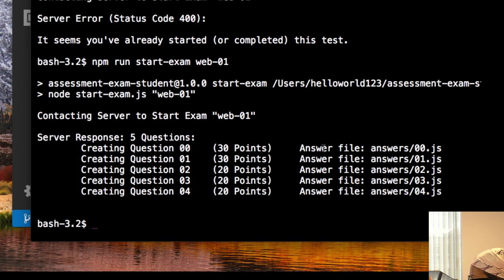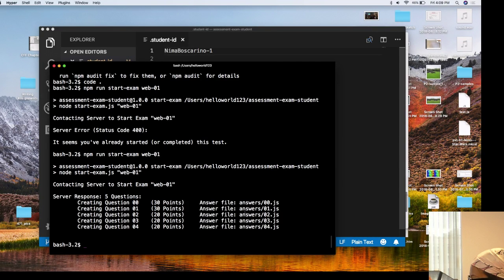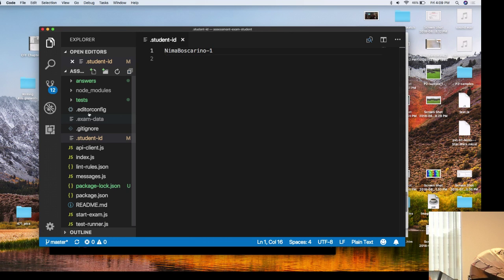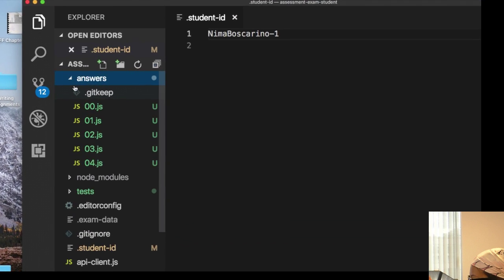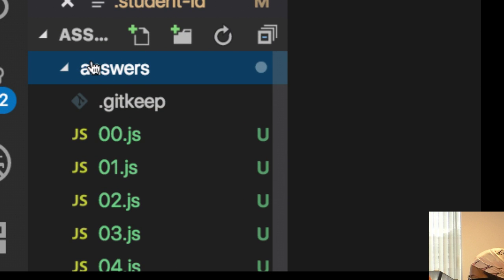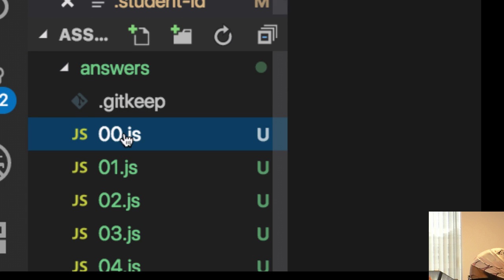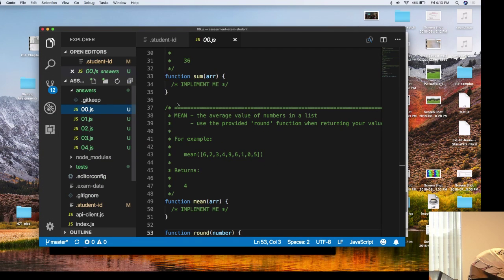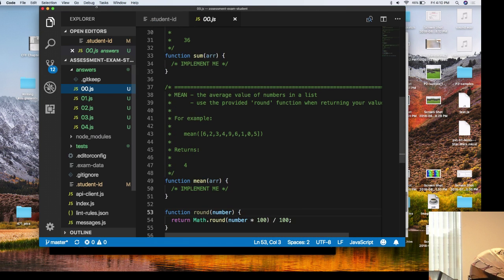And you'll be able to see over here that the answers have been created in this answer file. So in VS Code or Sublime or whatever you're using, you can now go to this freshly filled out answers folder, right? And in the answers folder, we'll now see 00.js.